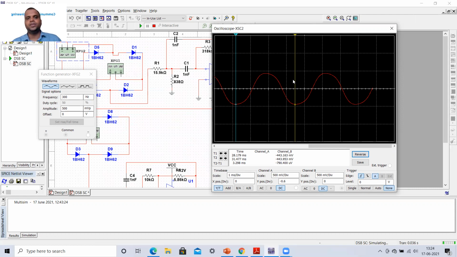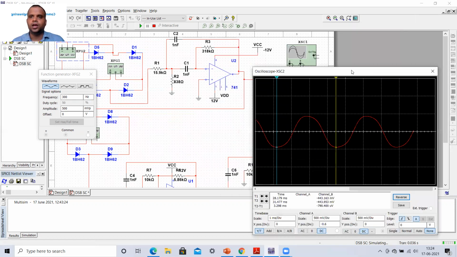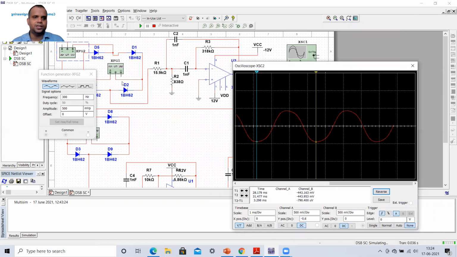I hope you must have enjoyed this video. Try to implement this circuit, and I will appreciate it if viewers change the carrier frequency and the message frequency, and accordingly design their own band pass filter. As I have taken 9 kilohertz as the carrier frequency, you may go for 20 kilohertz, 30 kilohertz, and so on, and accordingly you have to design your band pass filter.